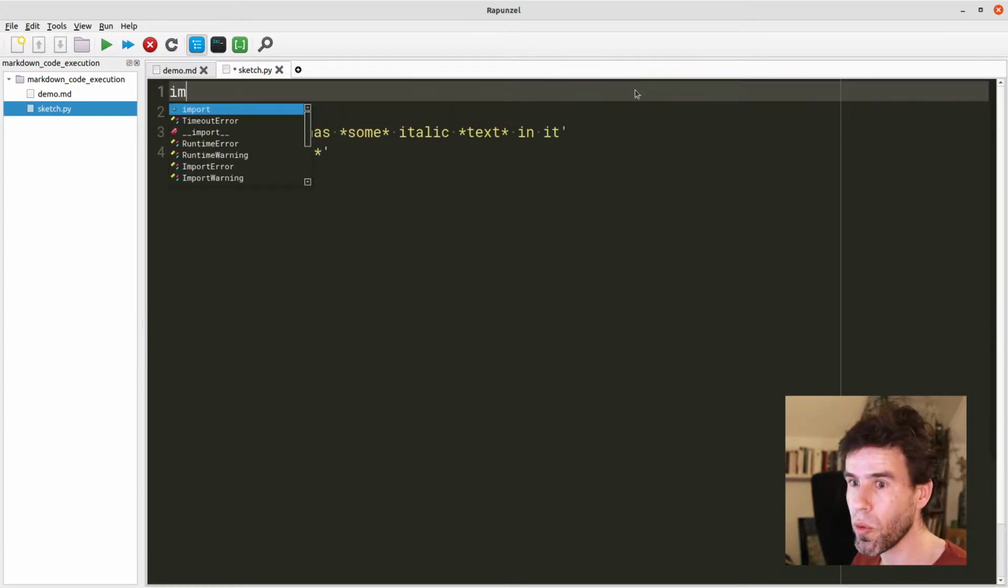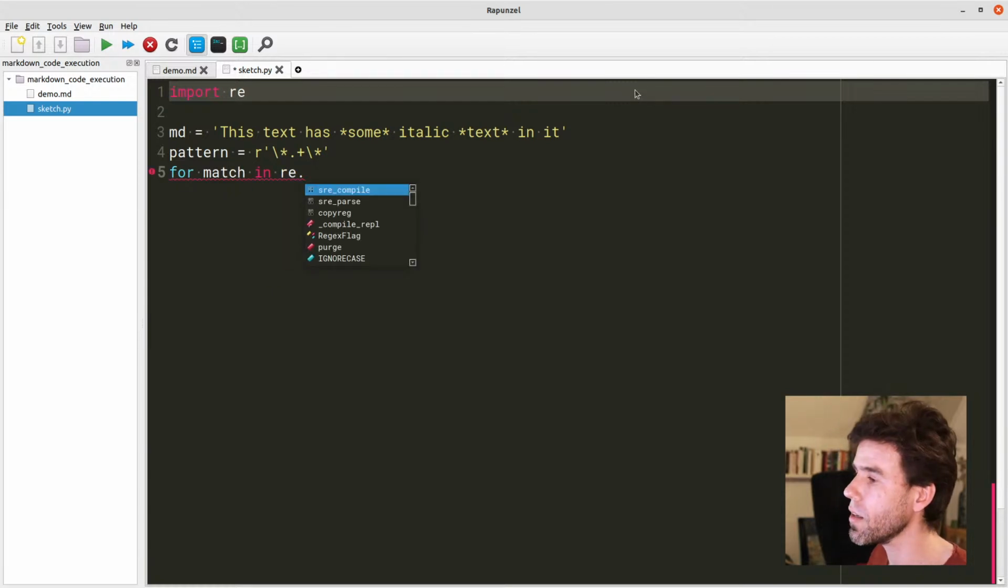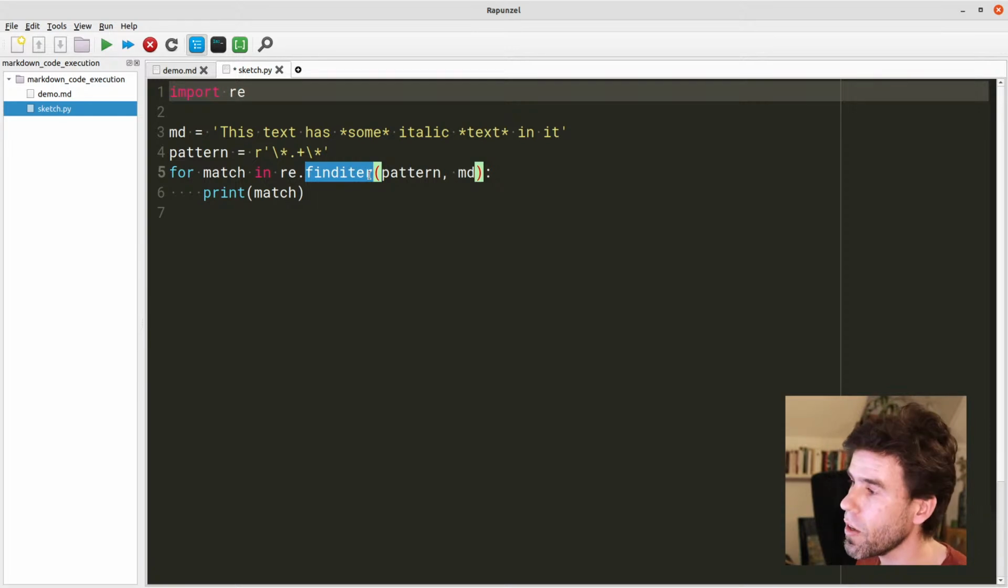First, we need to import the regular expression module. And then we are going to do it like this. I will type it and then you can follow along. I will say for match in re, that's the module, right? Regular expression. finditer pattern, comma, md. Print match. Okay. So this means finditer is the function from the regular expression module that iteratively, so repeatedly,